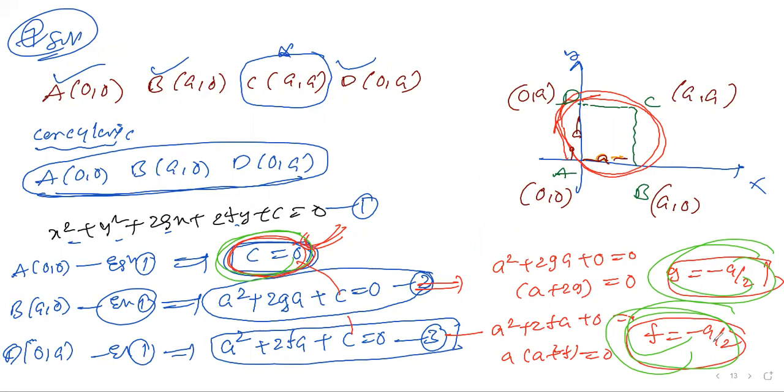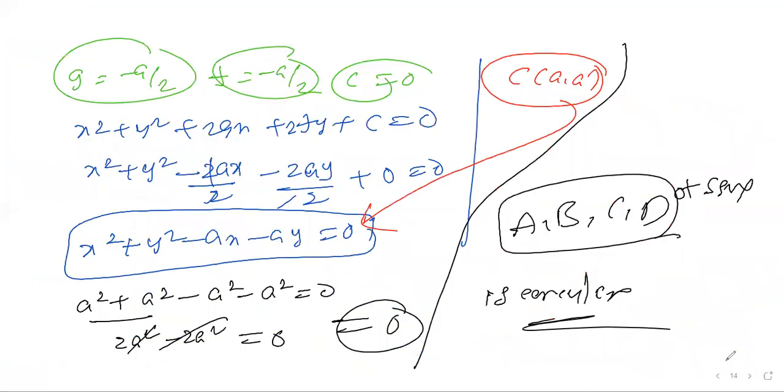Okay, in the next class also we have to work with the concyclic concepts. You have to be very clear how to find out the things. I hope it's very clear. Okay, thanks for watching, and we'll continue in the next class, in the next video. If you have any doubt in this, please work on the calculation of g, f, c by using any one methodology. It is better to understand by working on that, then only it will be clear, because I cannot do all these things. You have to work on that. It becomes easy for you.